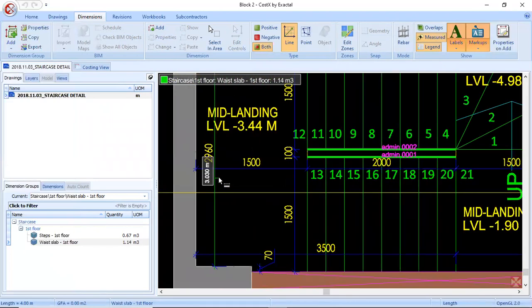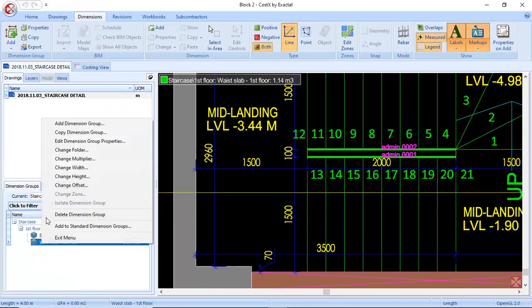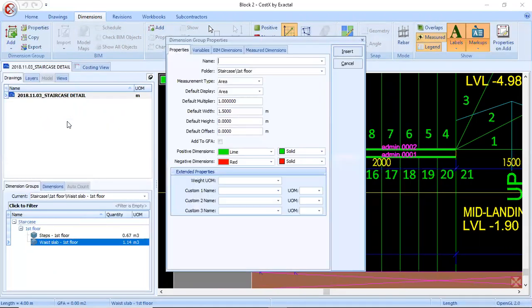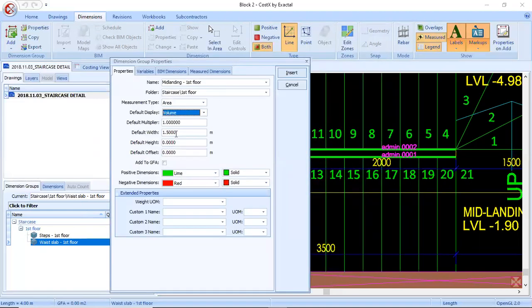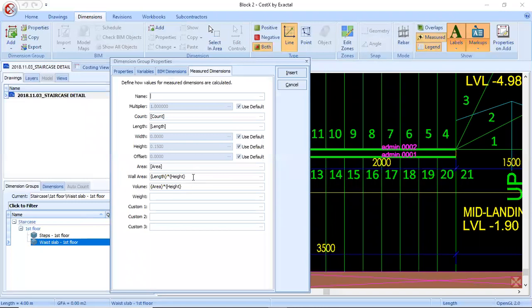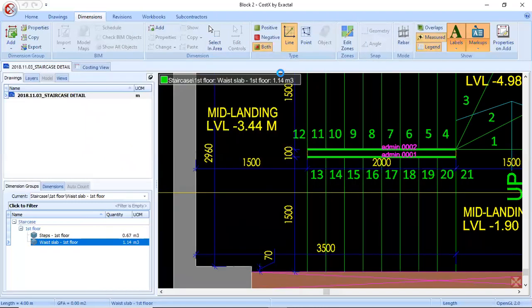And I have a mid landing. I'll just add one more dimension group, mentioning it as mid landing first floor, direct area measurement, default display as volume. Mid landing is also 0.15 m thick. So volume for mid landing is area multiplied by height.